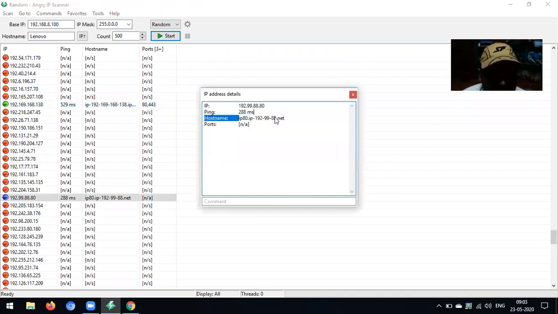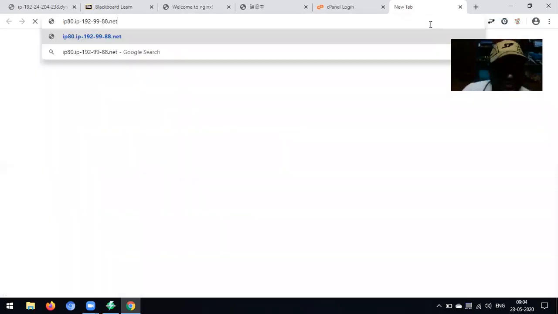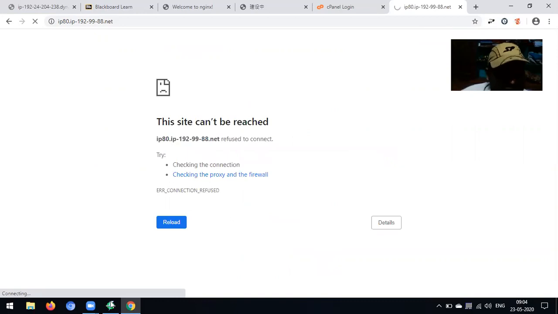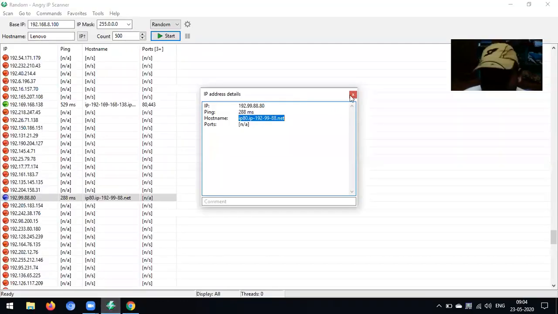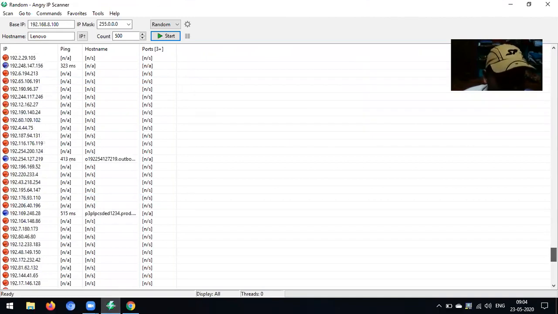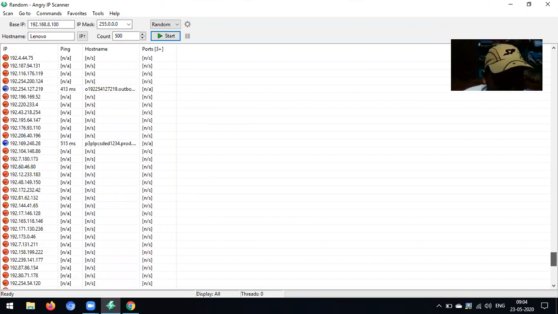This is the way hackers use the Angry IP scanner to find a lot of information. Sometimes it takes a lot of time because it has to connect there. So, it has no port. Okay, we will move to the next thing. These two also have no port.